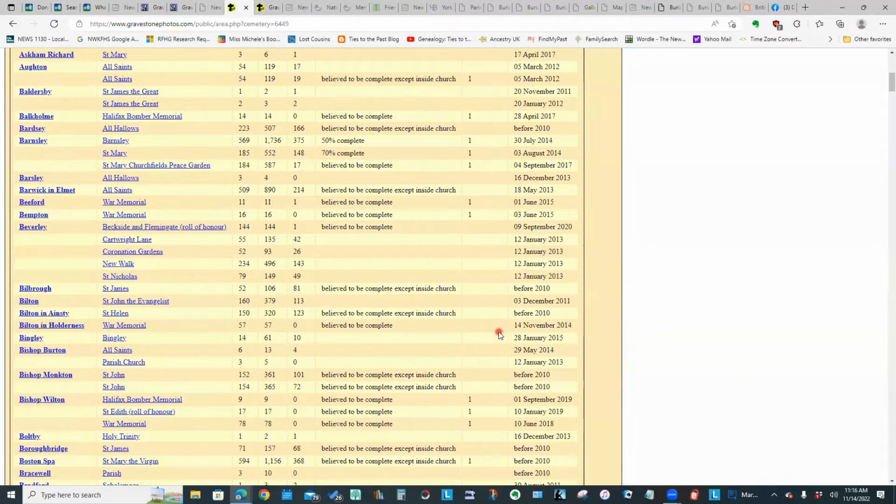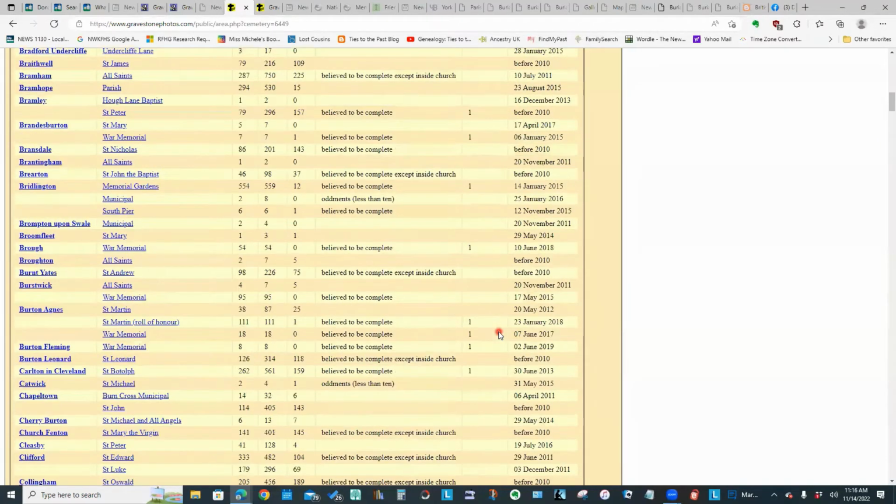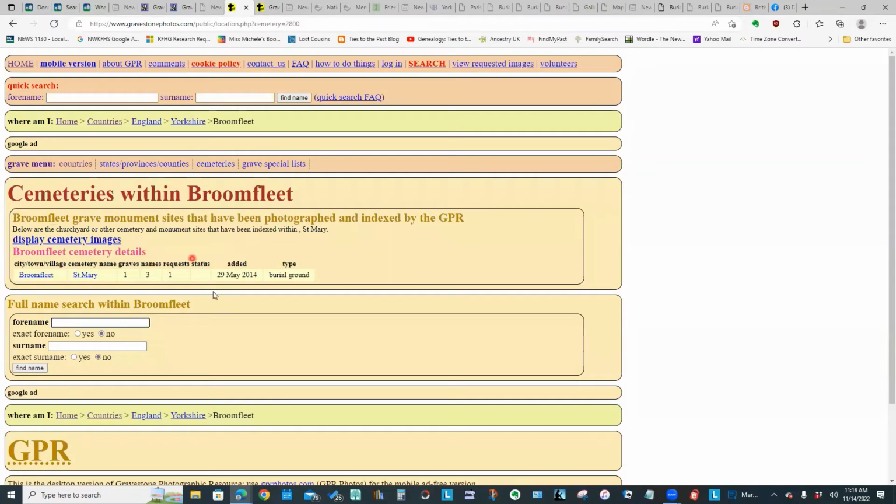And this is showing all of the cemeteries. So I can actually go in by cemetery and look at all of the entries. Or I can now do a search for just that cemetery for a particular surname. But let's go back and do a slightly different search.